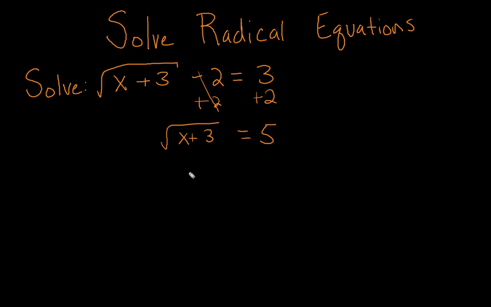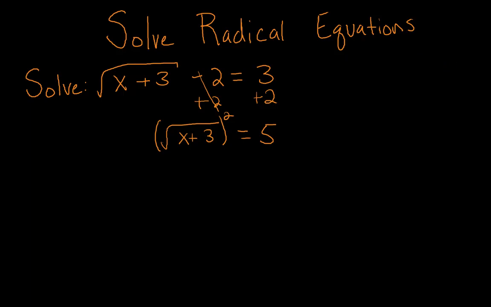Well, in order to get rid of this square root, we need to do the inverse operation. Well, the inverse of the square root of something is to square it. So we're going to take this and square it. So be careful though what root you are taking. For instance, if you were taking the cubed root, you would cube it. If you were taking something to the fourth root, you would take it to the fourth power to undo it, okay? So just be aware that when you have the square root, in order to undo it, you have to